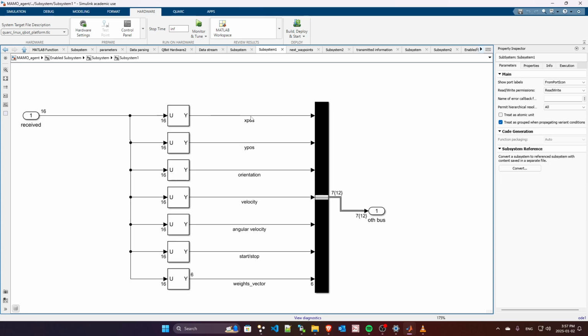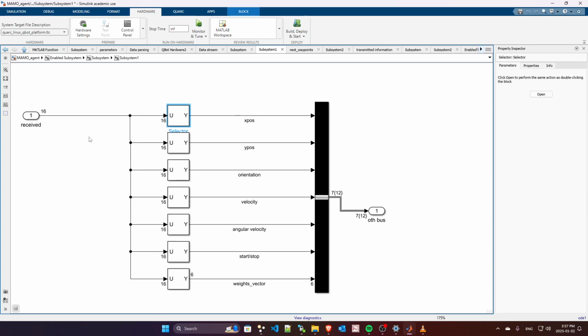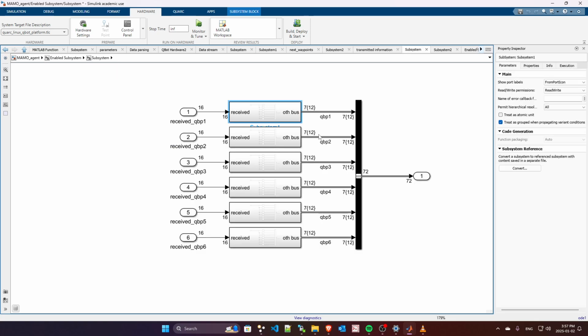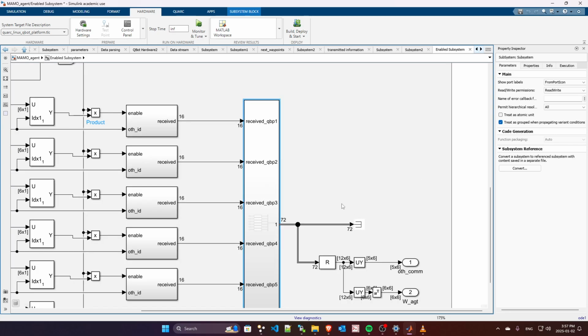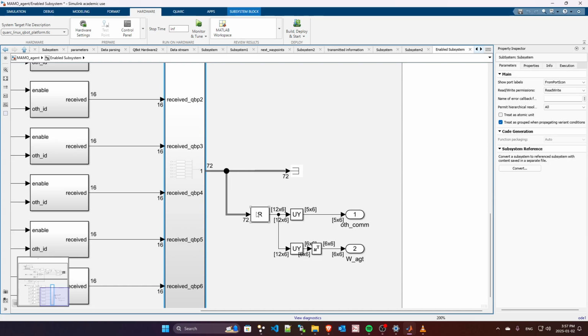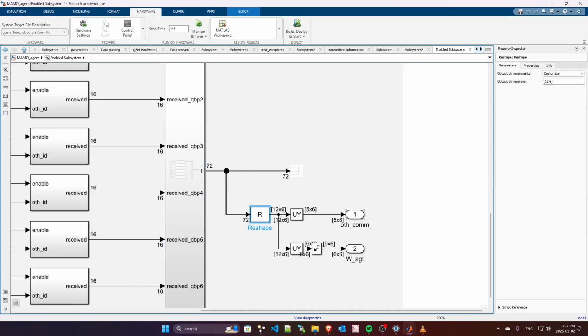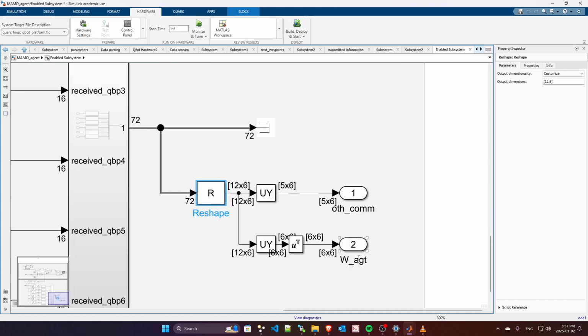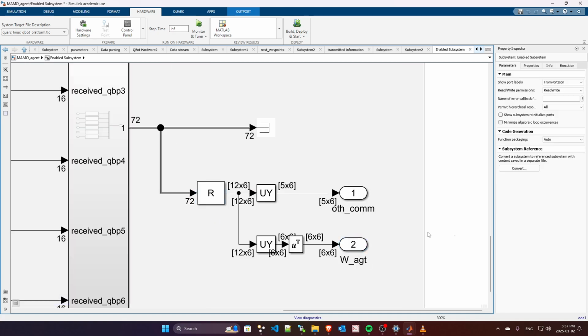Then we know that the first element is this, the second is this, etc. And then, in this case, it creates a bus of 72, and then it creates the W